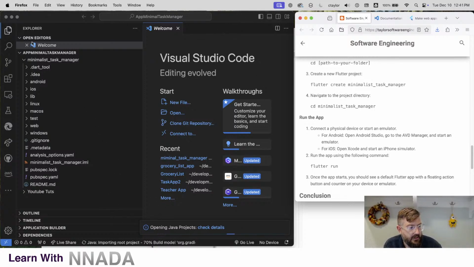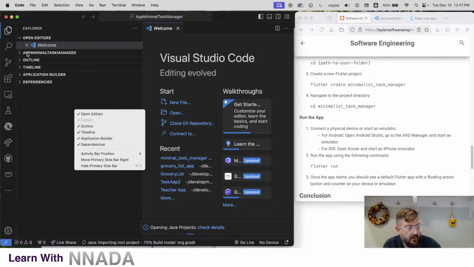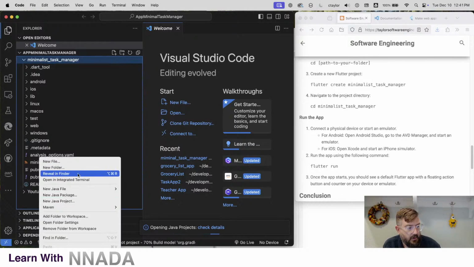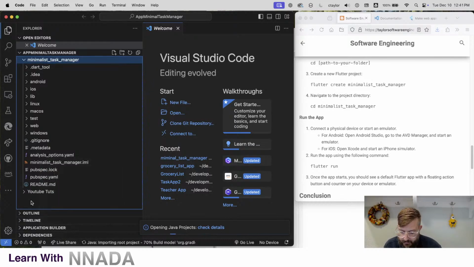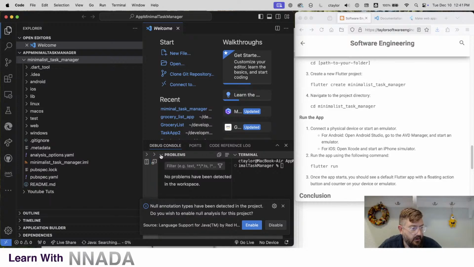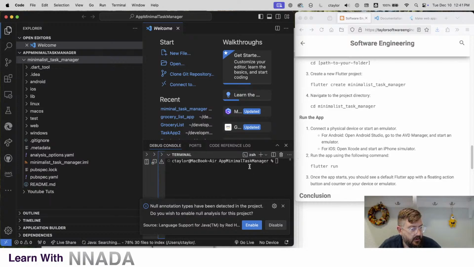All right, so we're in here again. We're inside of our stuff. We're gonna go to the folder where we have our Flutter app, and we're gonna open up a terminal, and it is Control-Shift-tilde. All right, and here we are, and we're gonna do Flutter. Oh, null annotation has been detected in the object. Do you wish to enable null analysis for that project? Oh, for Java. I am not sure what that means. Let's send that over to